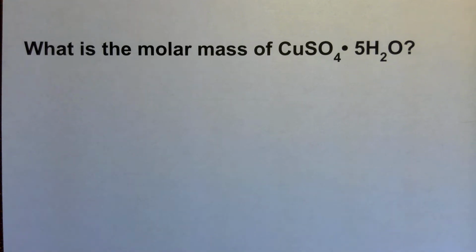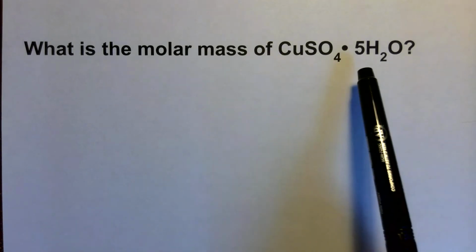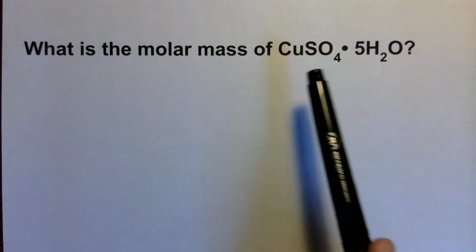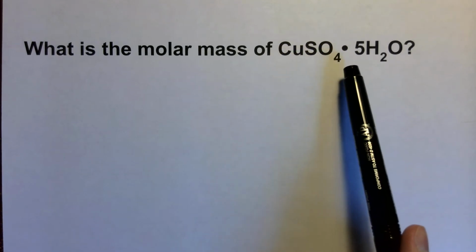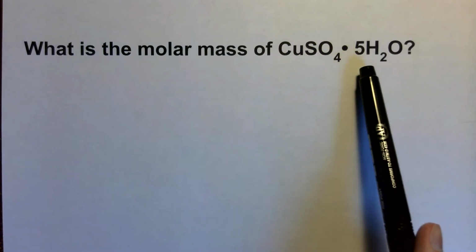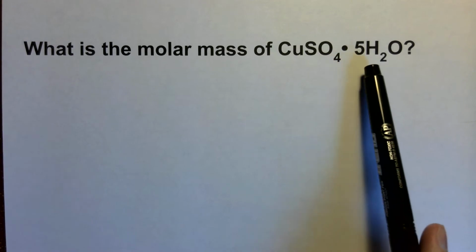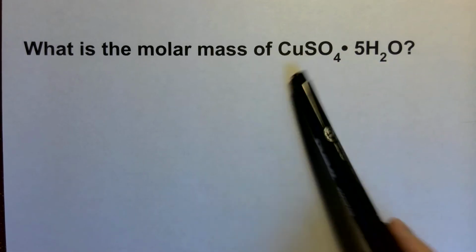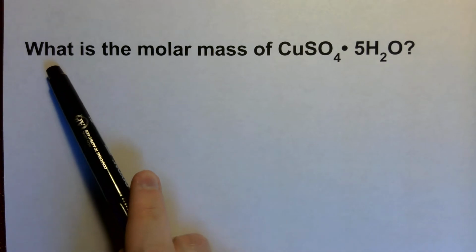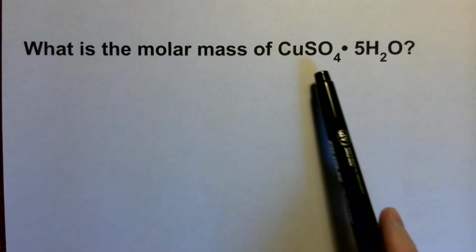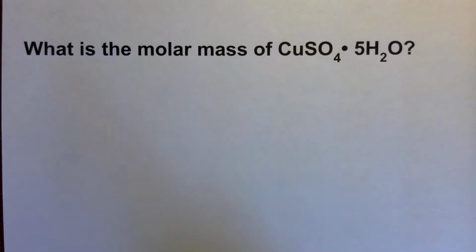Okay, we're now back with a slightly more complex example because we're going to be looking at hydrates. Now, an important thing to keep in mind with hydrates is that the dot here does not mean multiply. It just means that there are 5 water molecules attached to the copper sulfate. So we're being asked in this question, what is the molar mass of copper sulfate pentahydrate? Because there's 5